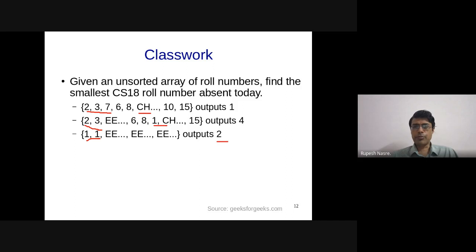Kaushik is asking, can we find the minimum roll number? Yes, that is what we are finding. If it is greater than 1, then 1 is the answer. Yeah, the one which is missing could be the first bit. That is possible. But you just need to set those 10 bits. Parth, do you see any problems with your algorithm? Or whatever I have explained, does that seem a reasonable explanation of your algorithm?